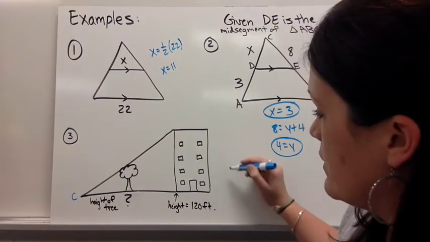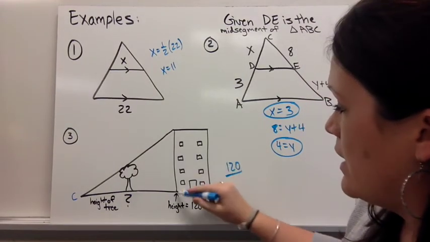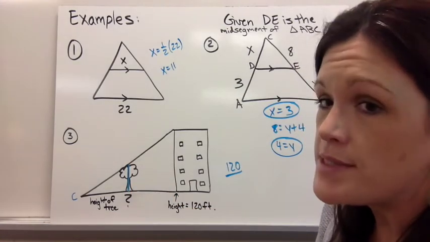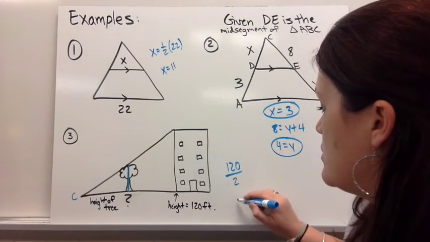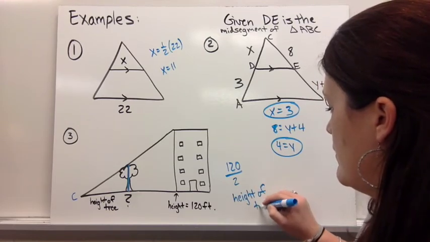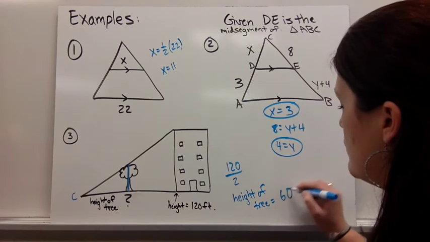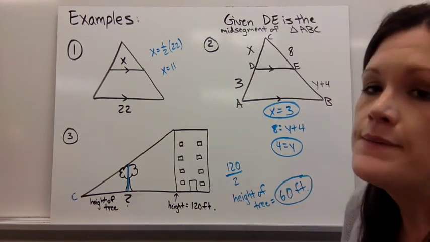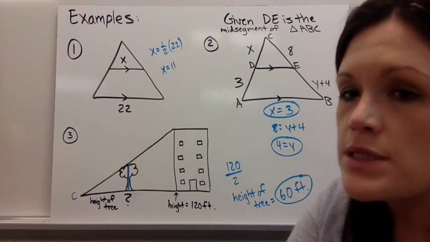The height of the tree would very simply be half the height of the building, because right where the tree is located would be considered your midsegment. So 120 divided by 2, the height of the tree equals 60, we'll say feet. Yep, that was labeled 60 feet. Okay, so those are 3 simple examples, and we will work